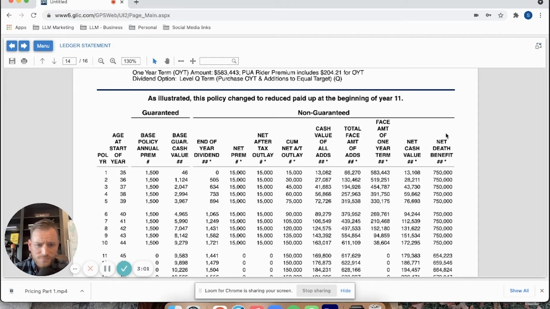So if you see this net death benefit, $750,000, that is the one-time tax-free lump sum that's going to go to your spouse, your business partner, your children, whoever you deem to receive it when you pass away. So to pay for that, you are paying a premium, in this case, $1,500 per year, to buy you the ability to get the $750,000 lump sum payout. In addition to that, you also get to store up to $15,000 in this policy in any given year. And the advantages of that are all the things you've seen on our channels, where you get the guaranteed growth, you get tax advantages, you're able to leverage it, it's protected from creditors and bankruptcy and those sort of things.